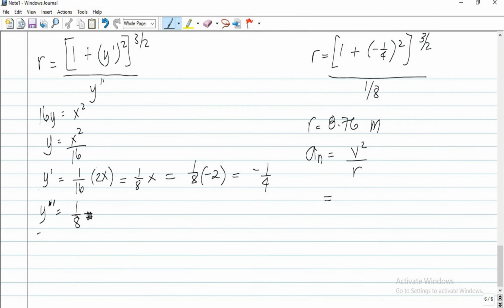So, direct substitution lang. 42.67 meters per second, again, the whole of this is raised to 2 over my R, that is 8.76. So my normal acceleration is equal to 42.67 squared divided by 8.76, 207.85